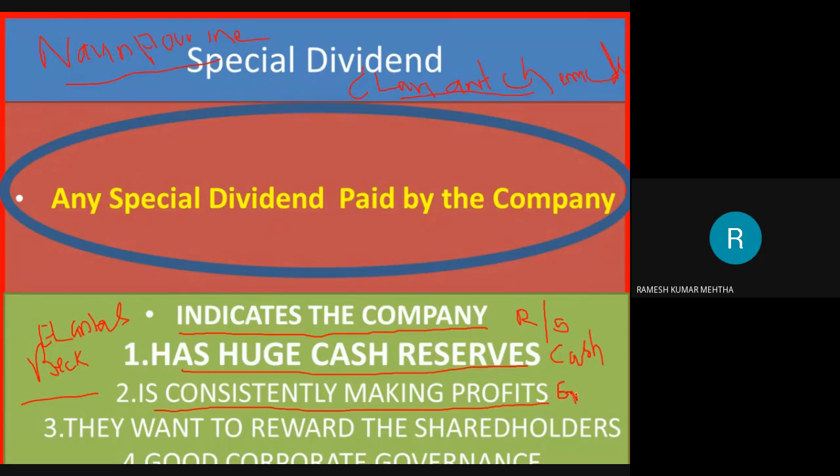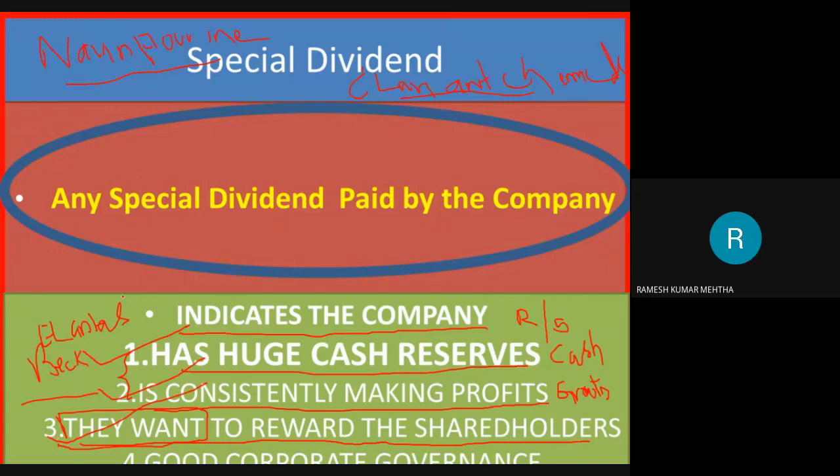There is progress or growth in the company's sales, company's profitability, company's earnings per share. The reserves and surplus are also increasing, and because of these two reasons they are sitting on a huge amount of cash, and today they are declaring a good amount of dividend per share, and as a special dividend they are rewarding the shareholders of the company. So this is the indication that the company is sitting on a huge cash reserve, the company is making huge profits, and they want to reward the shareholders. The intentions are very beautiful. The company has a bona fide intention of rewarding the shareholders.